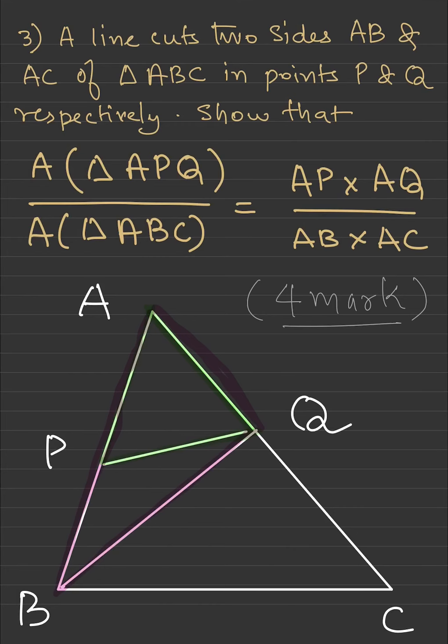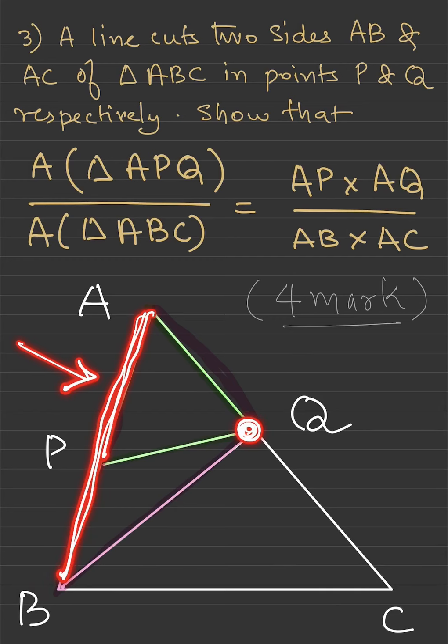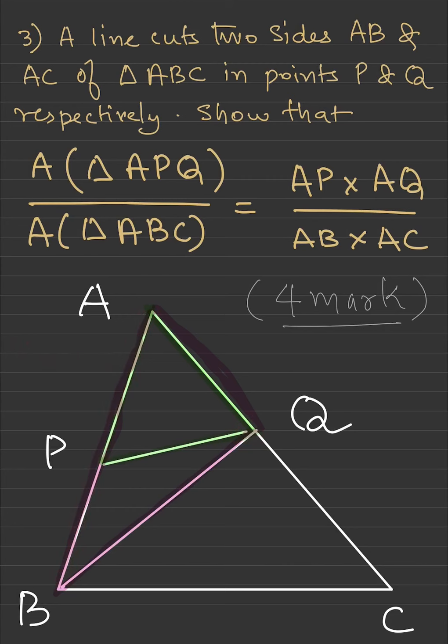Here, when you look at these two triangles from this side, please listen now. The green triangle has base AP and the pink triangle has base AB. The bases lie on the same line and both of them have a common vertex Q, right? So their heights are equal. I repeat, triangle APQ and triangle ABQ have the bases on the same line and a common opposite vertex. So the heights are equal. If the heights are equal, then areas are proportional to corresponding bases.